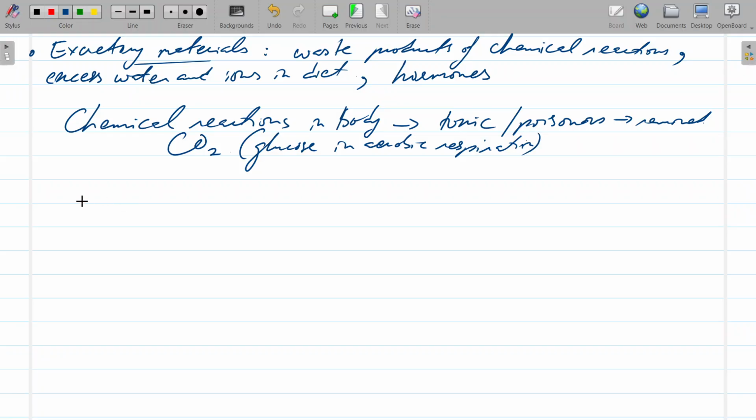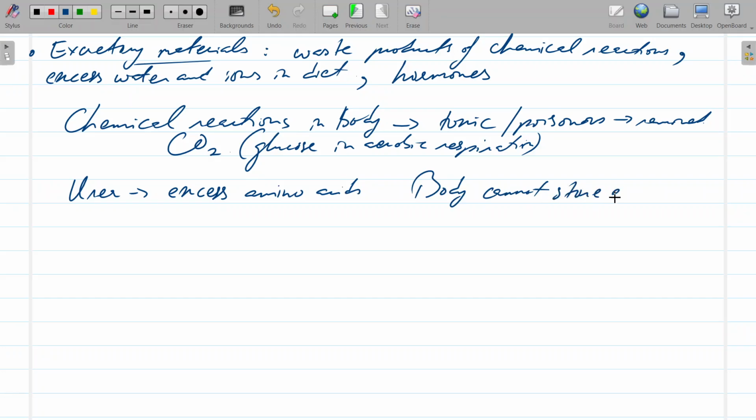Then you've got urea, which is produced from excess amino acids. Why is it produced from excess amino acids? Because the body cannot store excess amino acids. It can store excess carbohydrates, it can store excess fats. So what does it do with the excess amino acids? The amino acid has the amino part, and the carbon over here, it has the acid part